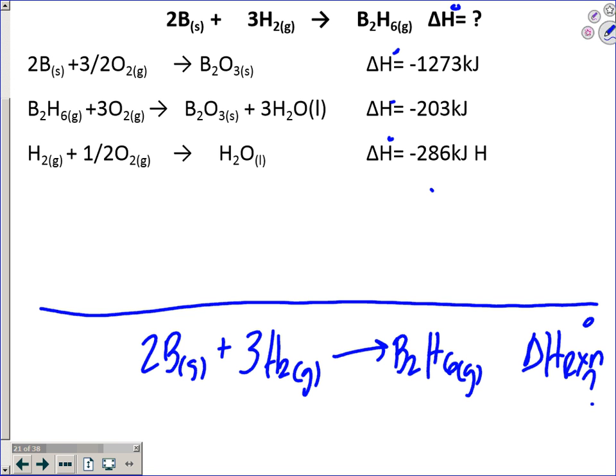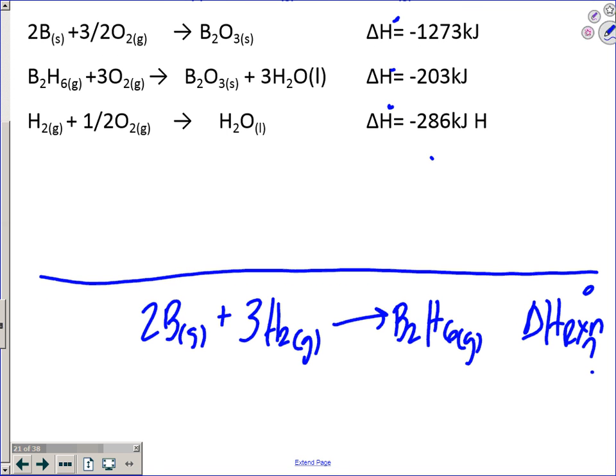I want boron and hydrogen, right? Where do you see boron and hydrogen up here? In the first reaction, okay? So let's just look at boron for now. I want 2 borons at the end, right? How many borons are in this reaction? 2. So I'm actually going to keep that exactly the way it is, because what's going to happen is this